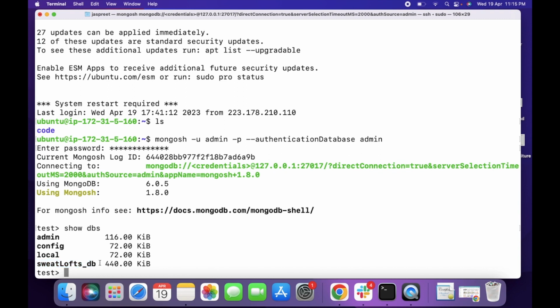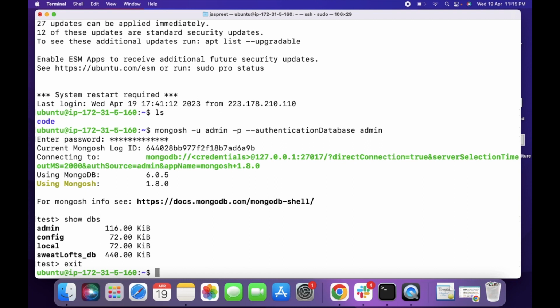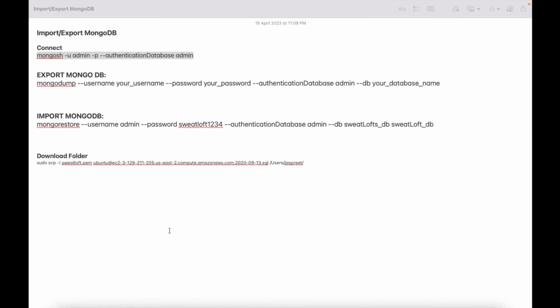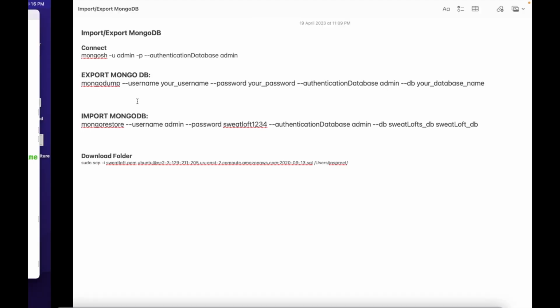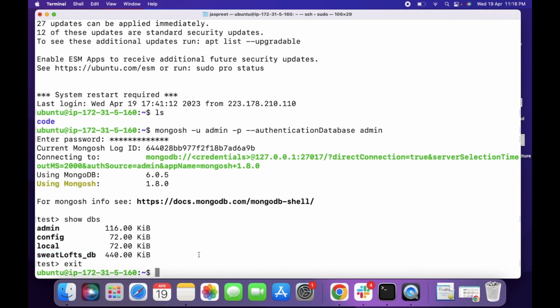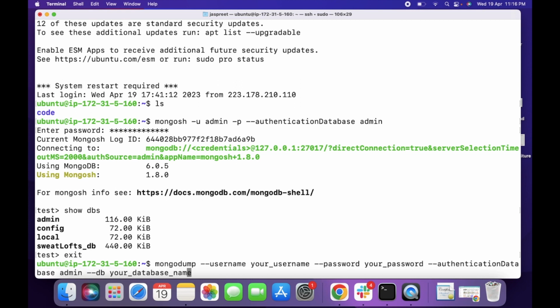So how can we export this database? Let's exit from the MongoDB shell. To export the MongoDB database, we can use this command. I will put all these commands into the description also, so you can check it out. Paste this command. You have to change the database name here, the database which you want to export,